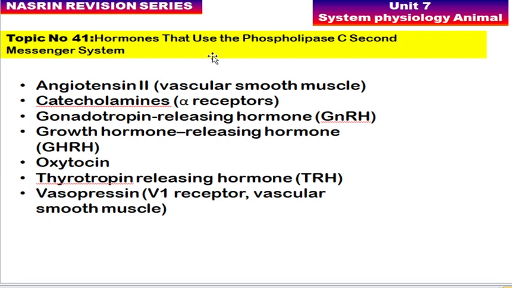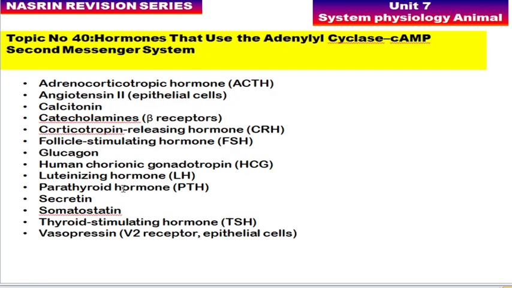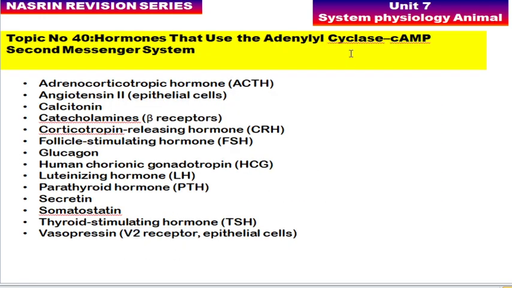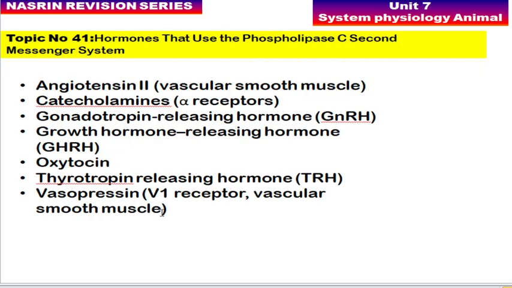Whereas these hormones will be using phospholipase as a second messenger: angiotensin 2, which is present on vascular smooth muscle cells, and catecholamine, that is the alpha receptor of catecholamine. Next, gonadotropin releasing hormone, growth hormone releasing hormone, oxytocin, thyrotropin releasing hormone, and the vasopressin V1 receptor, which is present on vascular smooth muscle cells. So the V2 receptor of vasopressin, which is present on epithelial cells, uses adenylyl cyclase as a second messenger,